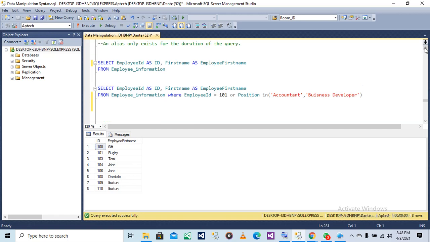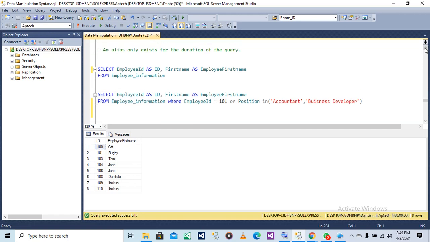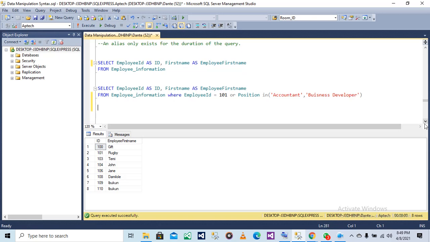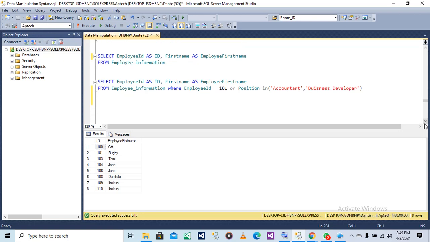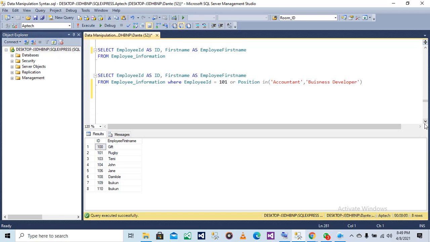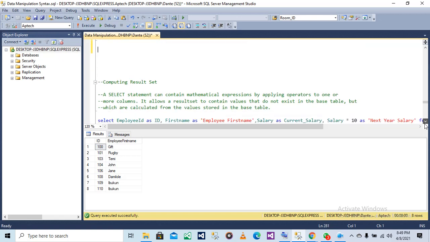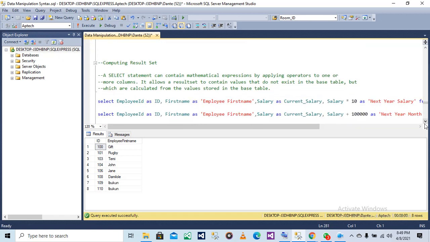I'm just taking everything keyword after keyword, because for now we'll just be doing statements till we start doing joining of tables. So this is clear. Let me move on to the next one.